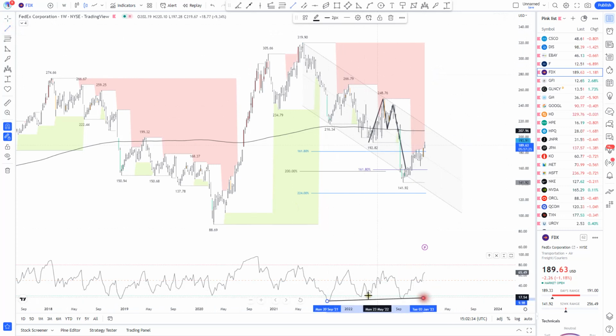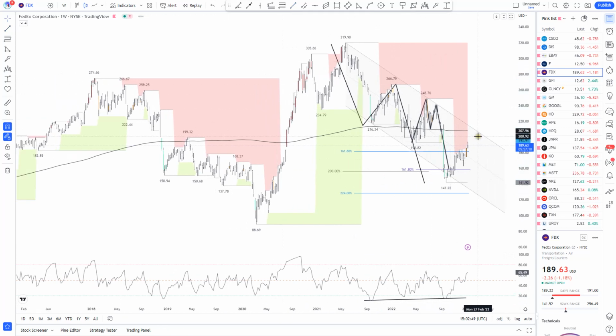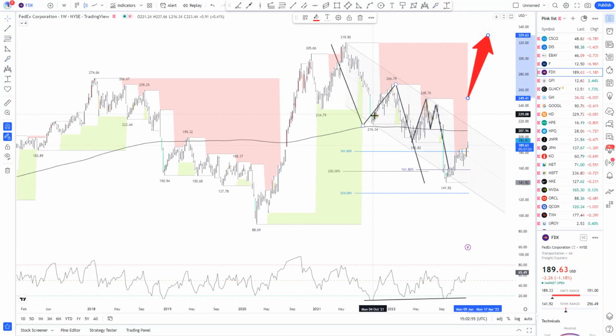We can see clear divergence between the recent lows and the previous ones, which guides me into a specific A, B, C correction with divergence between both of the bottoms, and of course above 248. This means we are going up for FedEx. So that bullish crab pattern as an example, because it's already completed and it's already trading at the target zone.